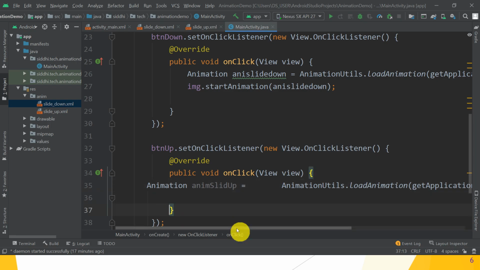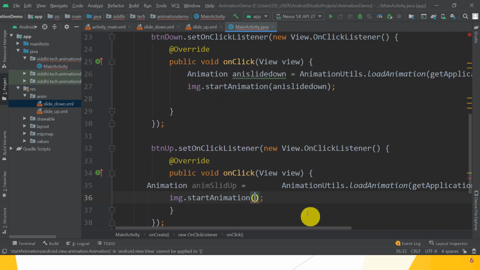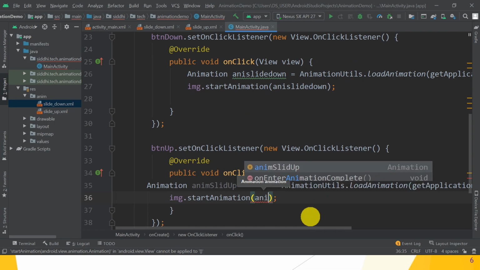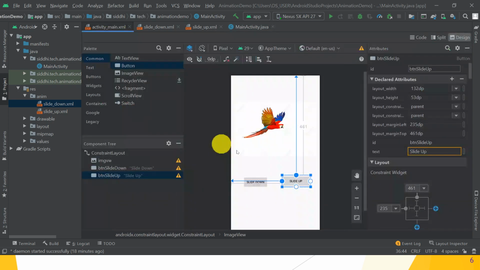After that, start the animation using image.startAnimation and pass the animation object, and it returns void. So pass the animation object, that is animSlideUp. Great. So guys, hope you understand. When you click on the slide down button, the slide down effect is applied on this image, as well as when you click on the slide up button, the sliding up effect is applied to this image.